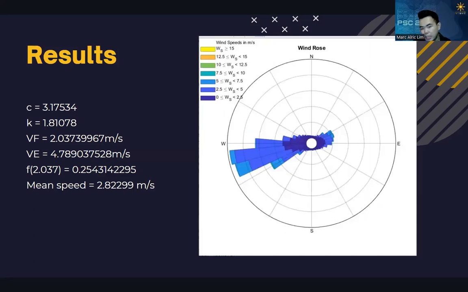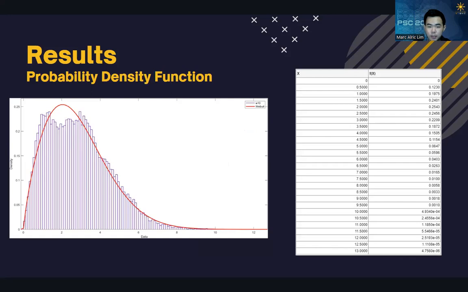Since the meteorological data provided were vectors, I've also been able to plot a wind rose in order to exhibit the direction of the wind speed, which shows the consistency of the wind blowing from one direction for most of the time throughout the year. The probability density function has shown the probability of the wind speed occurring at a given time